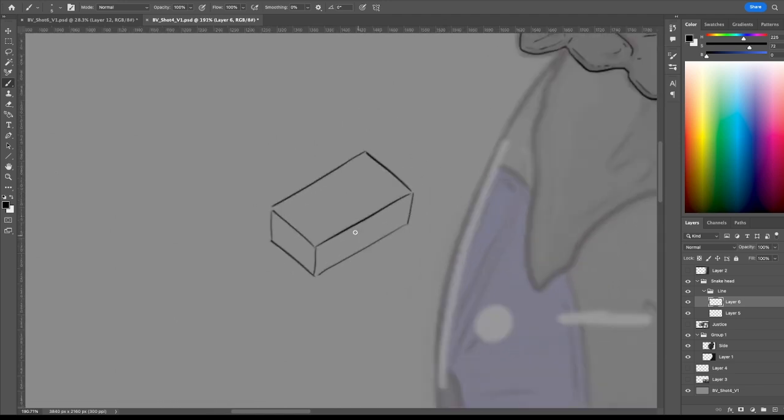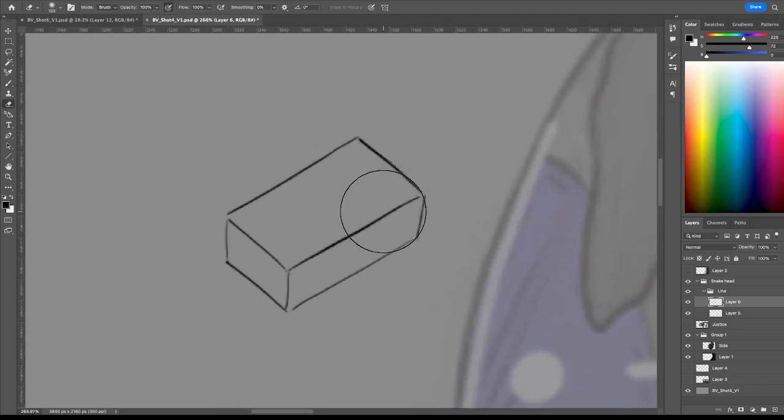That's it, it has a bit of form to it already. But if I remove this, and if I just erase a little bit of this, and I just chuck a few lines in there, and maybe I'll erase little nooks and get rid of this. All of a sudden my cube starts to get a little bit more character to it,